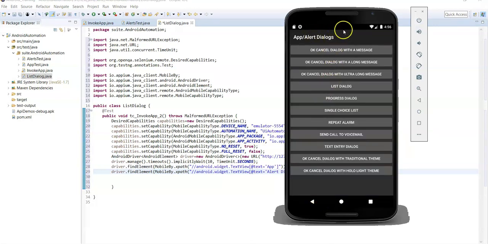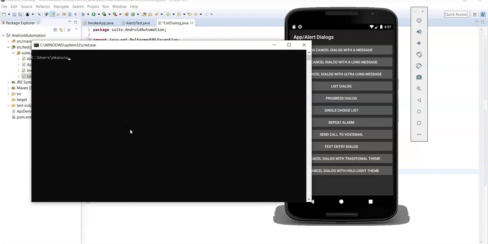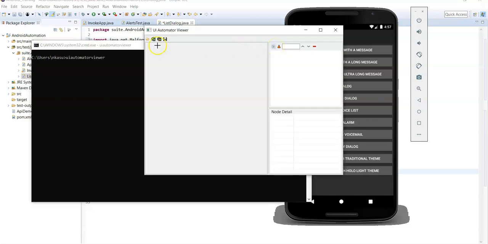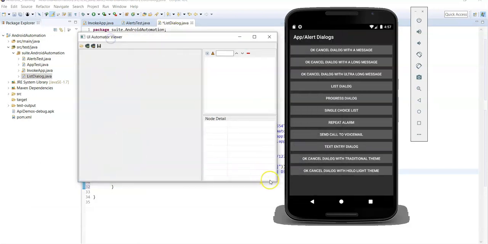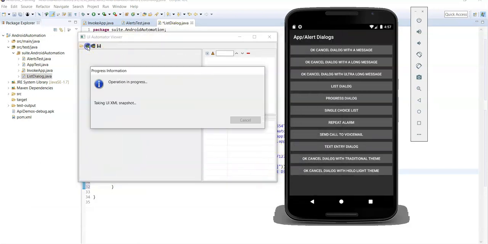So this is the alert dialog screen. Now we need to identify the locator for this list dialog. To identify the locator for list dialog, first you need to open the UI Automator viewer, and then click on device screenshot.